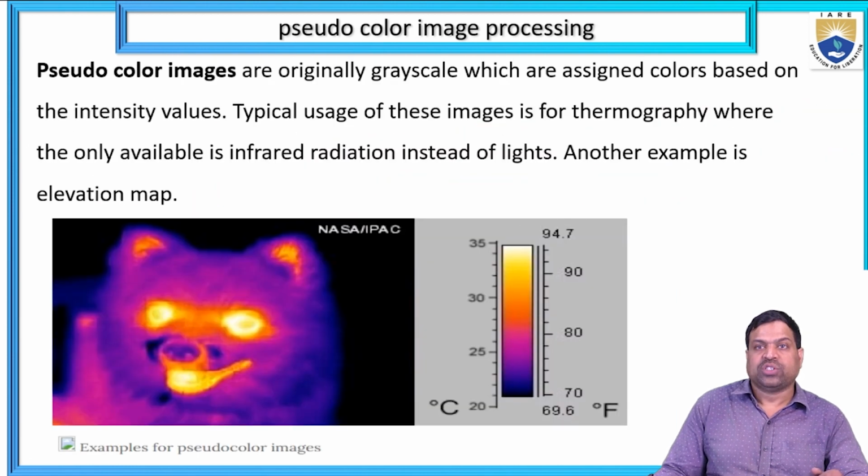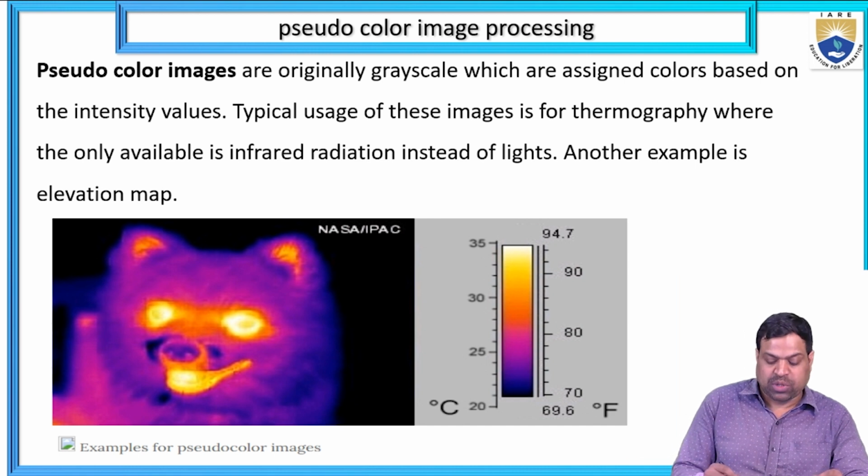And pseudo color images are originally grayscale, but colors are assigned based on the intensity values. Typical usage of these images is thermography, where the only available input is infrared radiation instead of light. Another example is an elevation map. Actually, it is a NASA captured image. It is the input, but visibly